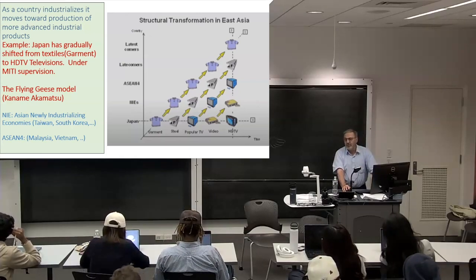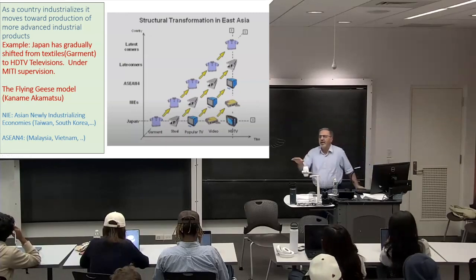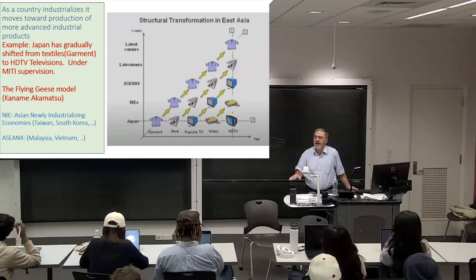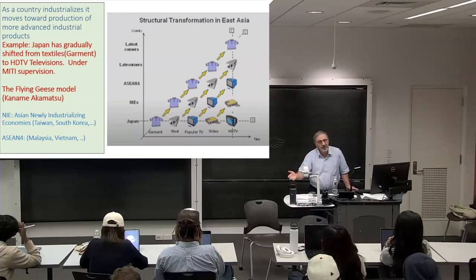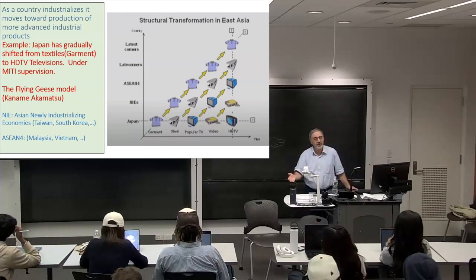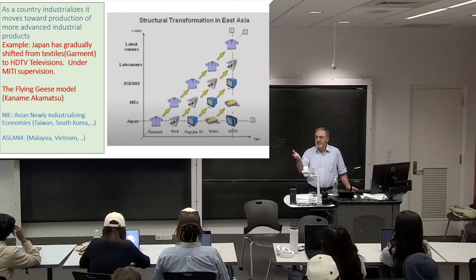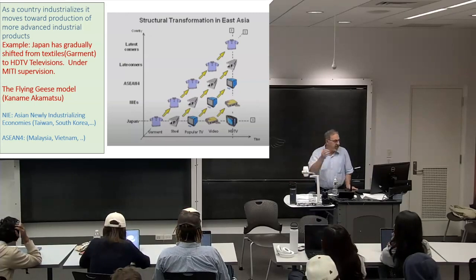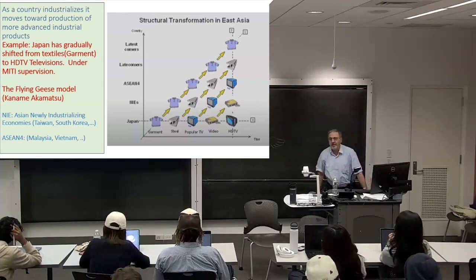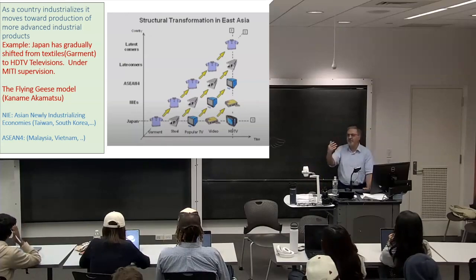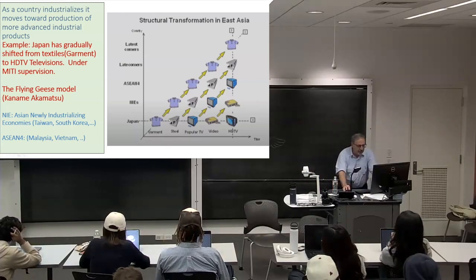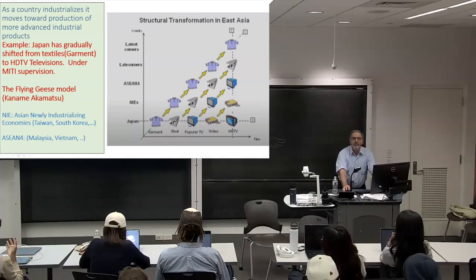The country becomes competitive in steel. Production of textiles will become non-competitive in Japan. It will go to another country, perhaps a neighboring country that has cheaper labor. Let's say it goes to Taiwan. Back then we are talking about the 1950s, 1960s. So Japan has moved into a new product concentration.